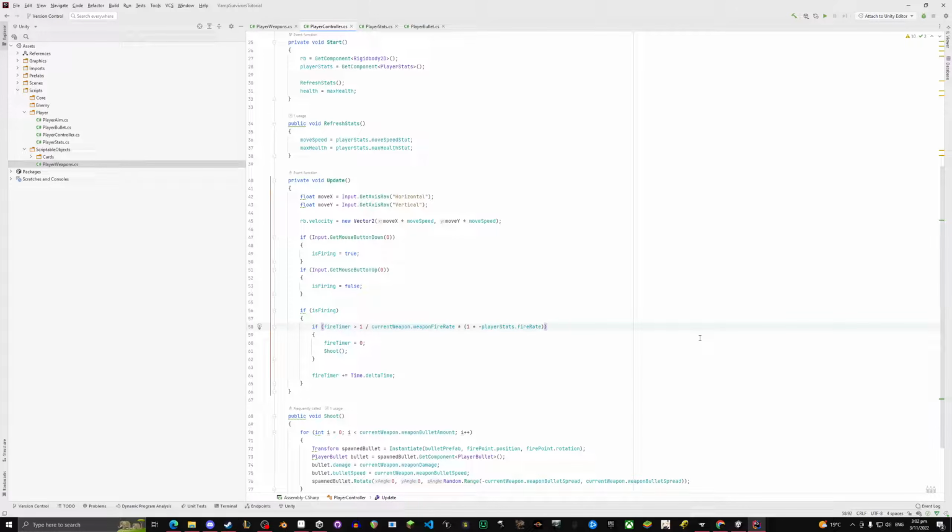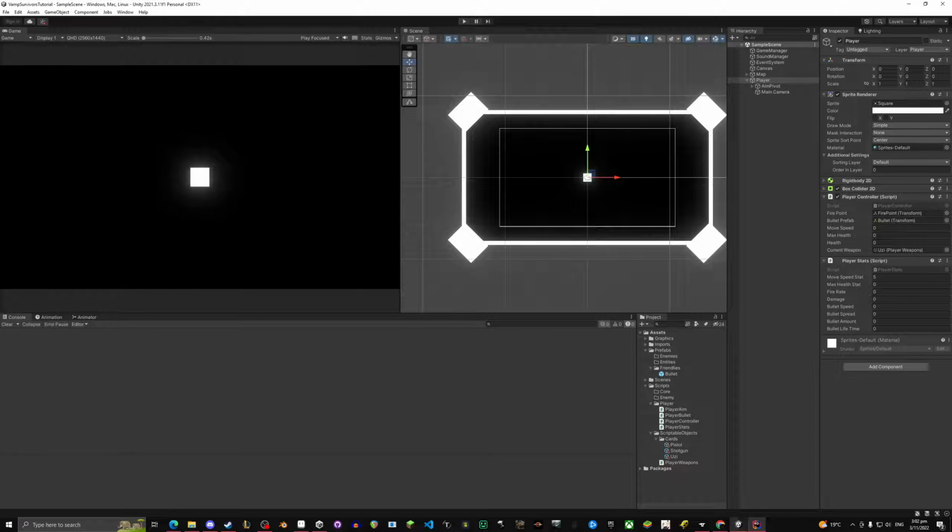So this gives us a simple percentage. It'll be 1, and then the fire rate, and this is going to be in a decimal. So the decimal is the percentage. Here the fire rate is 0, so if you press play, it shoots normally. And if you change the fire rate to